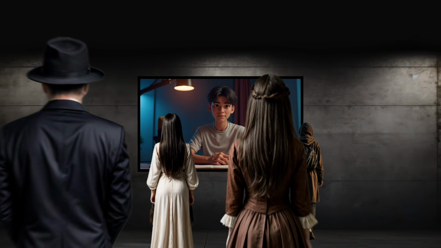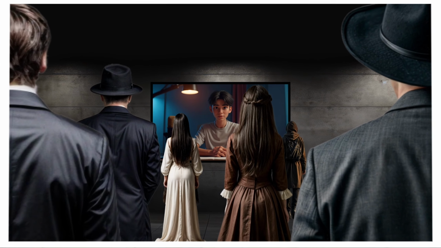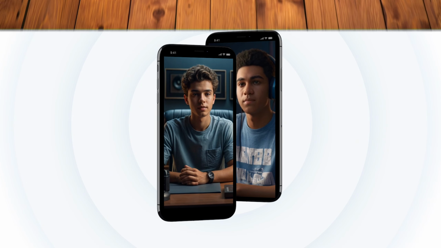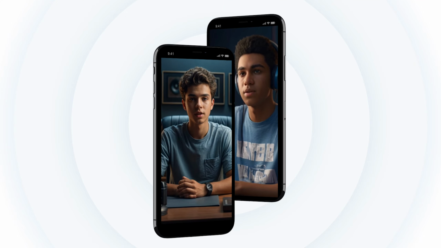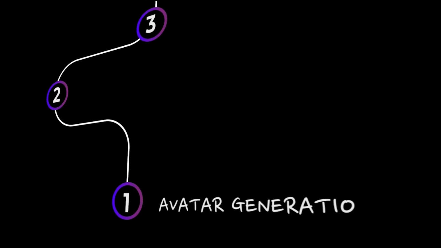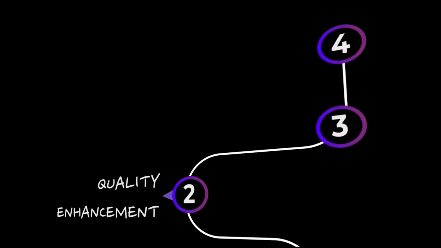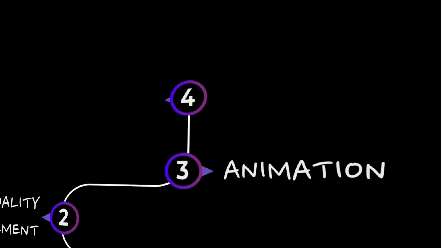How to make free AI avatars like this. If you have a faceless YouTube channel, it is very important for you to know about this free website. You can make these AI avatars for free, even with your mobile phone. In this video, you'll learn all the steps from avatar generation to watermark removal, so that you can make your